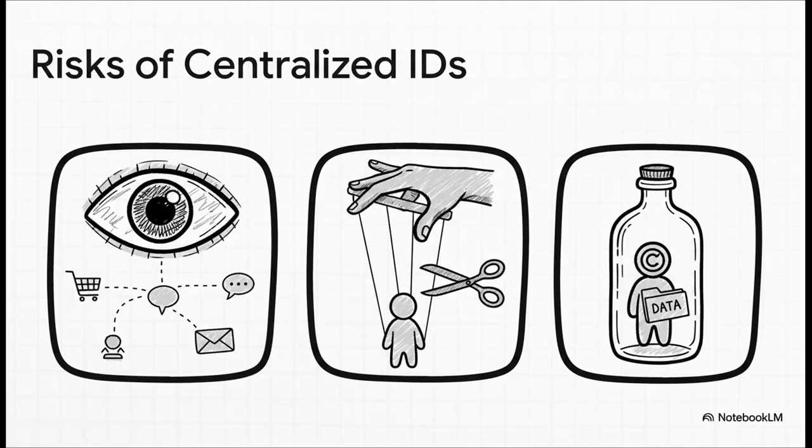Well, first, there's systemic surveillance. The company that owns your login can literally see which websites you're visiting and what you're doing. Second, there's external control. Your account, it can be suspended or even deleted, and you have no say in it. That's the whole deplatforming risk you hear about. And finally, you get this thing called vendor lock-in. Your data is basically their property, trapped inside their system.